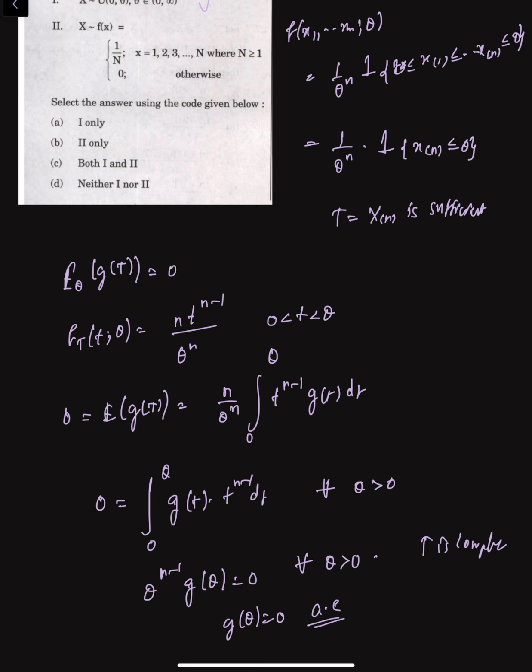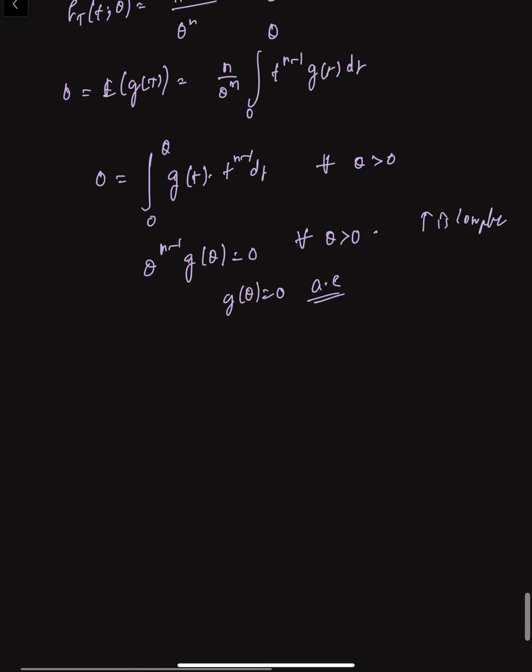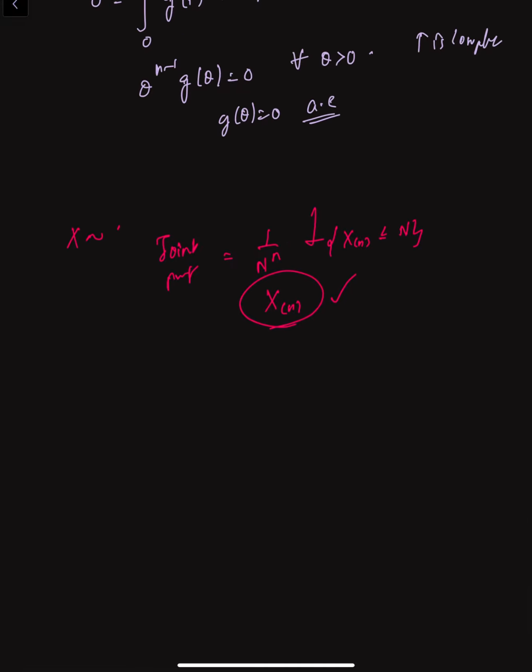If we consider the second statement, x follows discrete uniform on 1 to n. So that means the joint PMF will be 1 by n to the power of n, indicator x of n less than or equal to n. So therefore the maximum order statistic will also be a sufficient statistic even in this case. And for completeness,